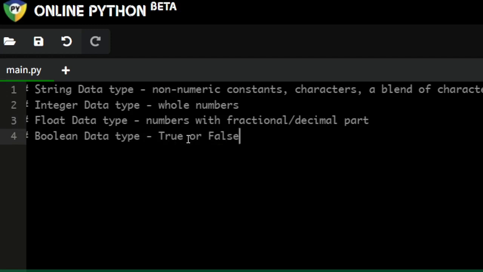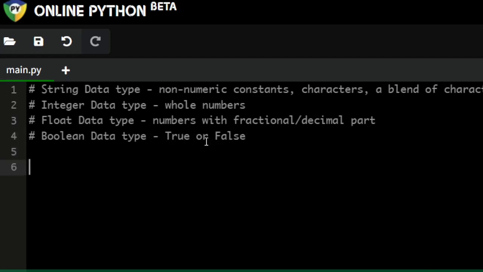We are going to get there. We don't need them now. All right, but when we get there, you will understand how they work. So these are the four data types that we have in Python. We have strings, we have integer, we have floats, we have boolean, and those are the things that we are going to be dealing with tonight. Okay. Now,